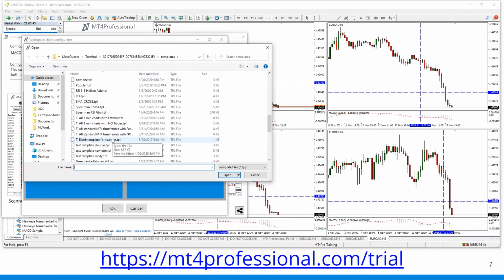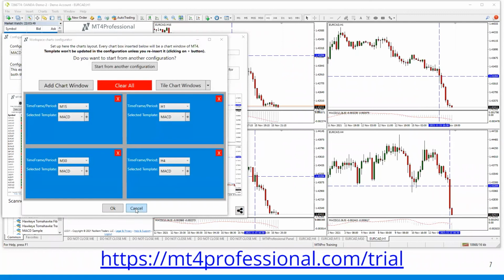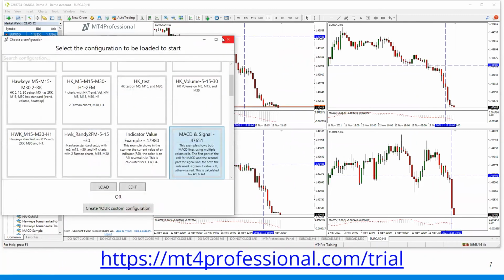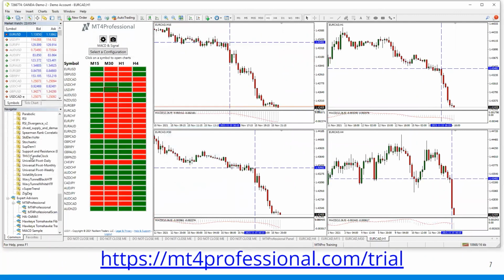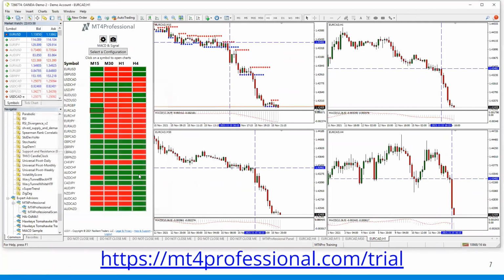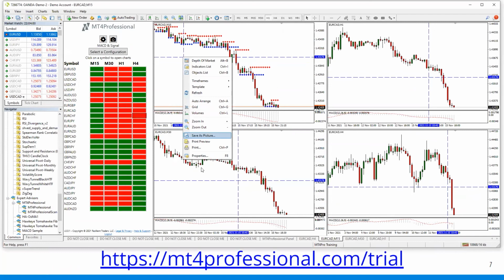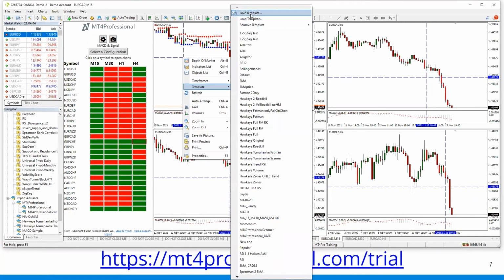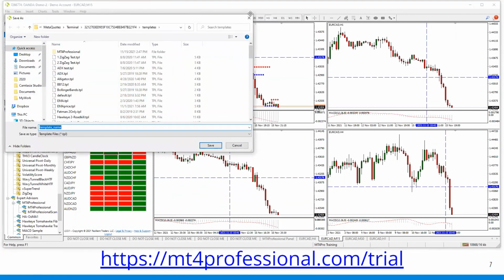No, but it looks like I don't have one, so I can probably save one. Real quick. Let me pull that one back on. All I have to do is just one time. So click OK. Right click, create a template, give it a name, save template as. I'm just going to call this one test support